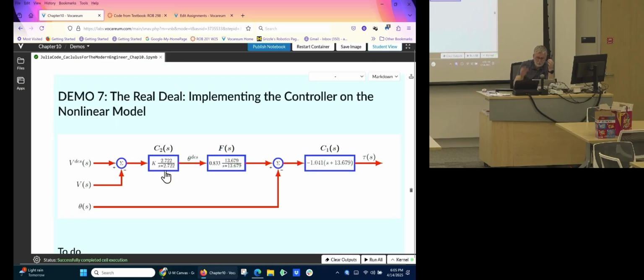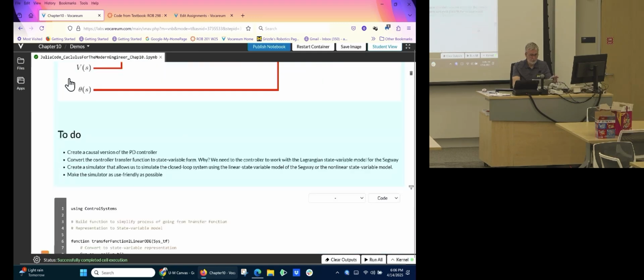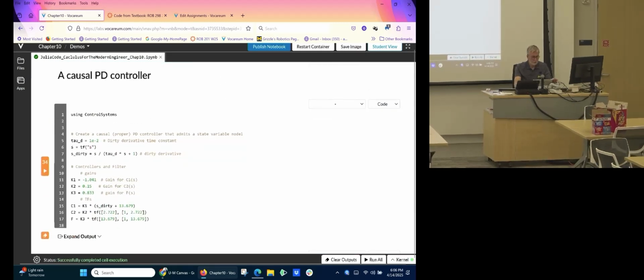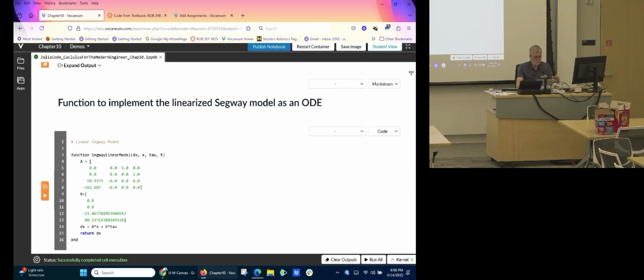Okay, so I will take your values for the controller, the precompensator, and the second proportional. So this is PD, proportional, and a precompensator. I will take that and turn it into,